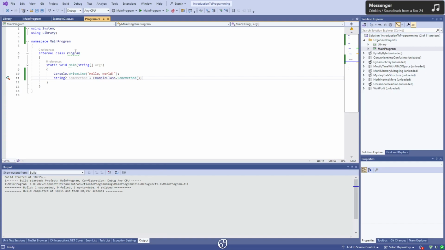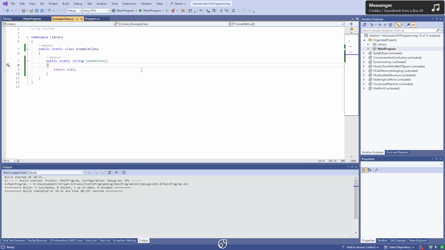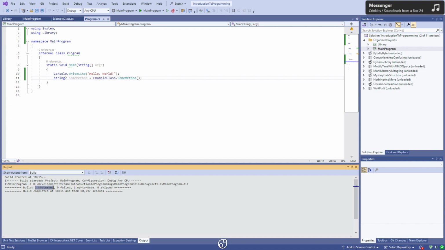In this case, library was already compiled. We already compiled the code. We didn't do any changes, so the library we created, the DLL file we created here, is still the same file that we created a minute ago. Unless we make any changes to the code, the same library file can be reused, so we don't need to compile it again. So instead of compiling 2, it just compiled 1 and reused one existing file, making the whole